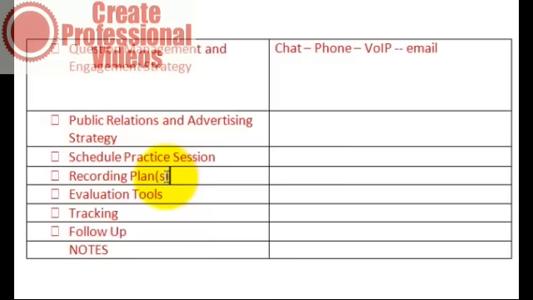Some of those platforms like WebEx and some others will actually host the webinar and the recording on their servers for you. In many cases, you can also download them to your machine. You can also use a third-party tool to record, something like Camtasia on a PC or ScreenFlow. So you may be able to record in a couple of different ways.